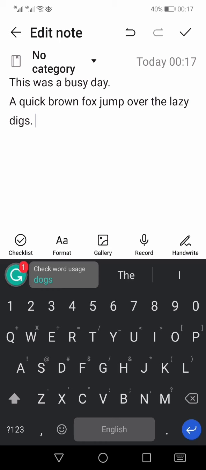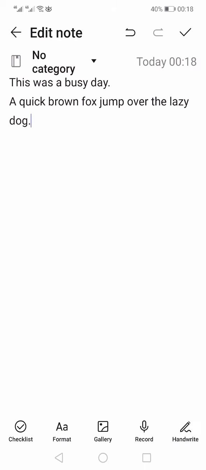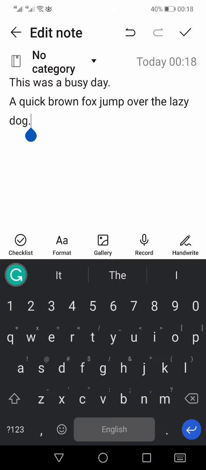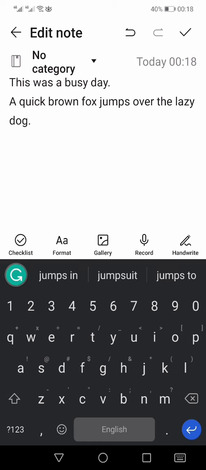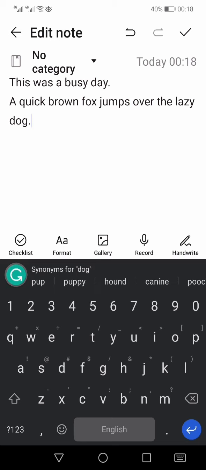So now you can see that I have intentionally written incorrect spelling of dogs. While I'm here to give an authentic review, there is one mistake which it did not pick up, and that is that after the fox I did not write jumps. I intentionally did not write the S word, but it did not correct this. So I'm not a native English speaker, but I think that the correct sentence is 'a quick brown fox jumps over the lazy dog'. So it did not add this jumps.